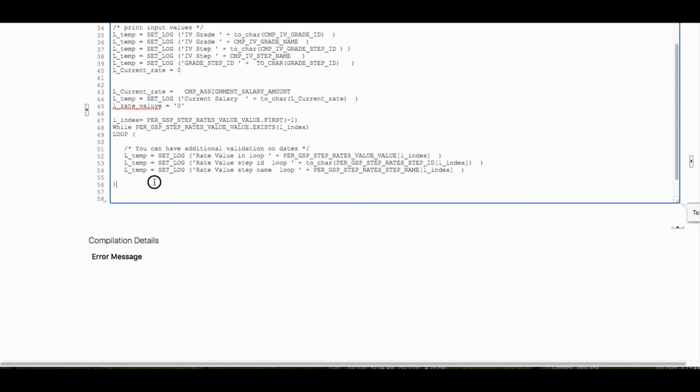Now, if this step is equivalent to whatever I'm validating, if this step ID is equal to the person's evaluating step ID, that is an input value, then